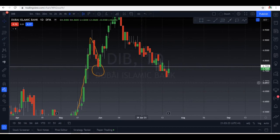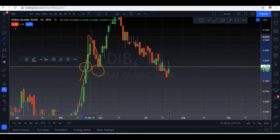So what we are seeing is support once broken will act as a resistance, and resistance once broken will act as a support. So resistance was broken over here, it moved to the upside. When it came back for a correction or a retest, the same level is now acting as a support. It moved to the upside from here. So when it again came back for a retest right at the same level,